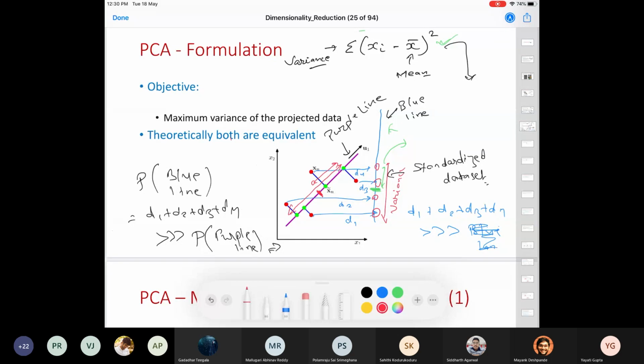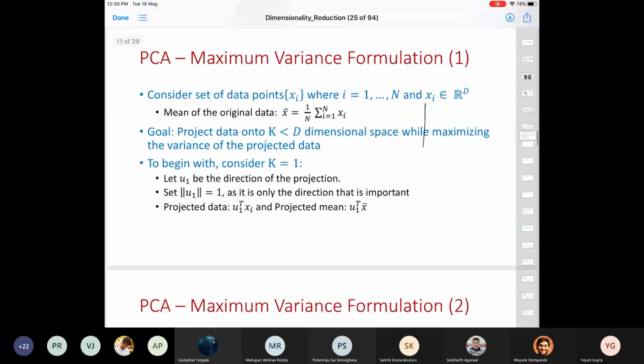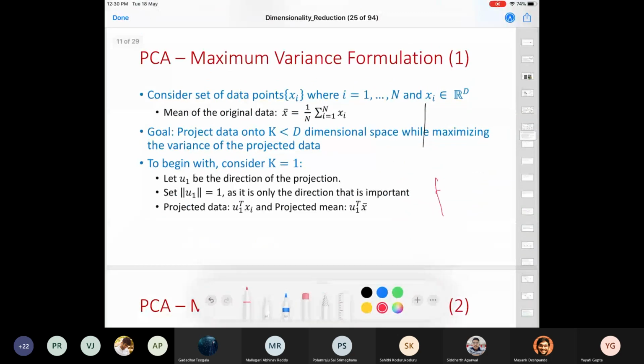Before coming to tomorrow's class, I want you to go through a couple of topics. I hope you know the topic of eigenvalues, so revise the eigenequation. And what are Lagrange multipliers?